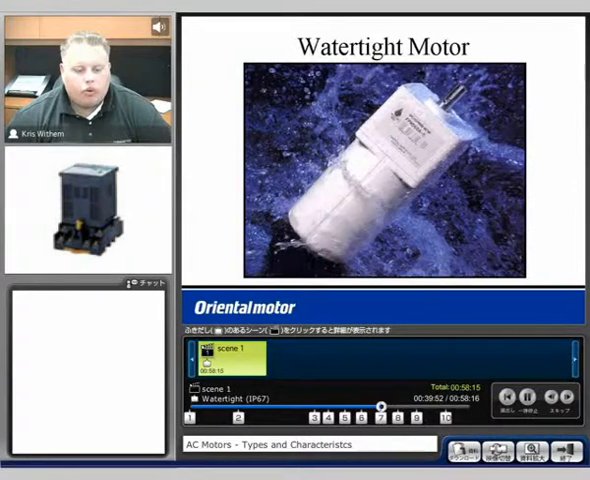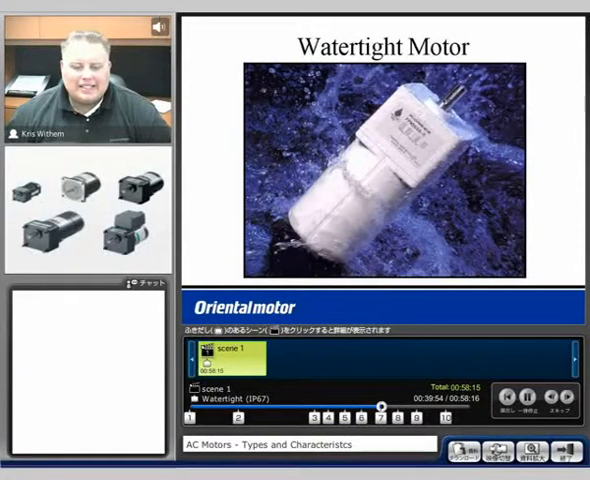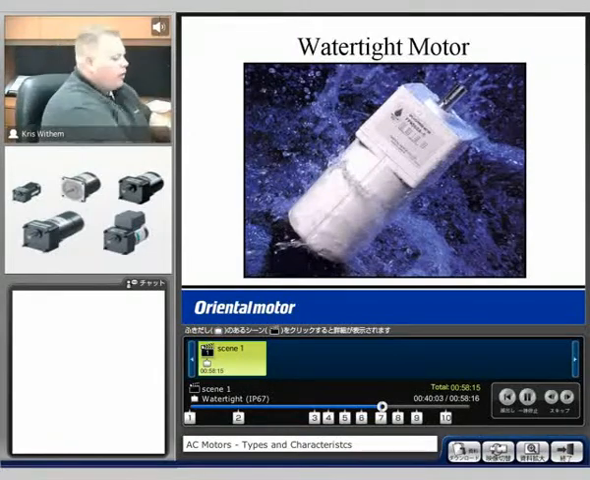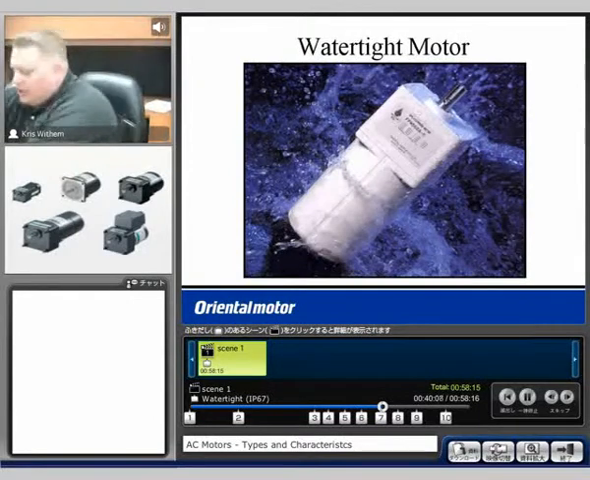Watertight induction motors. What we have here is an IP67 rated motor. This motor is capable of handling different types of washdown and anti-corrosive areas. I do have another motor here. Let me show you. This here is the